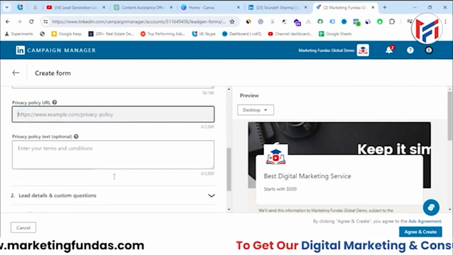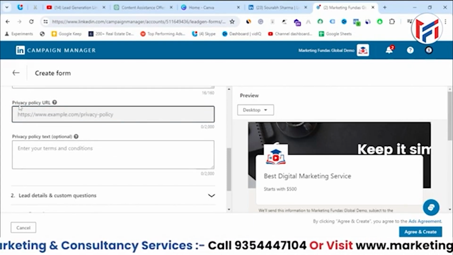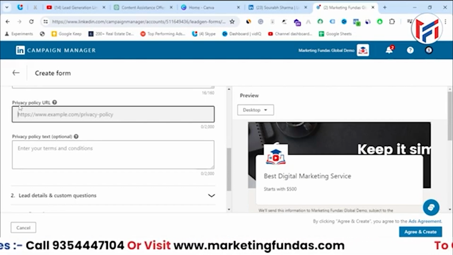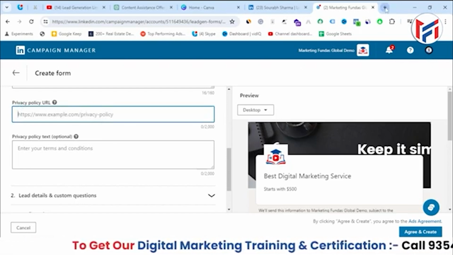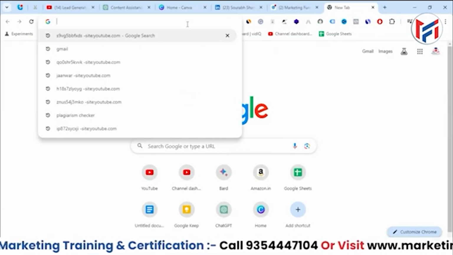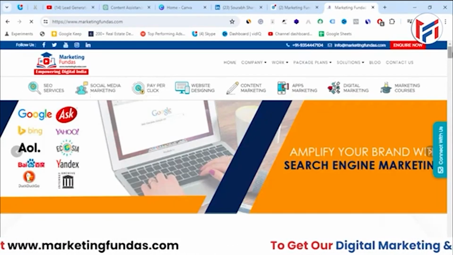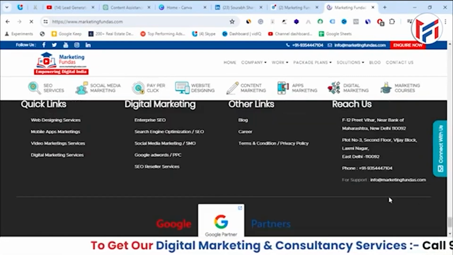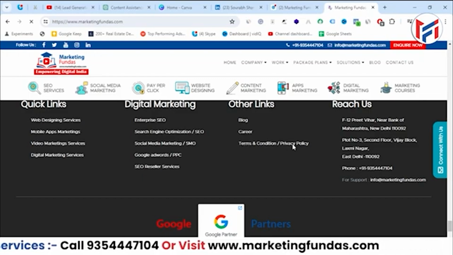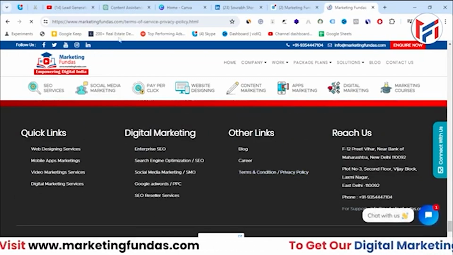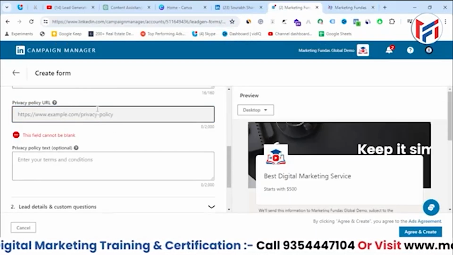Starts with $500. Here you need to add the privacy policy URL. If you are collecting someone's details through these platforms, you need to provide the privacy policy details, right? If you have a website, then definitely you have a privacy policy page there. Let me show you. In the footer section of our website, this is the privacy policy page. If you have a website, you definitely have this page. You can copy the URL of this page and paste it here,